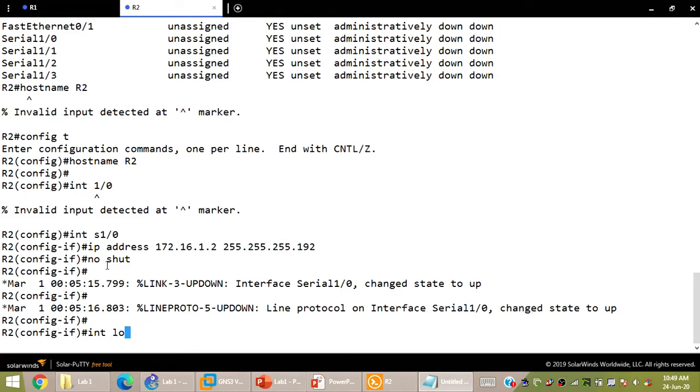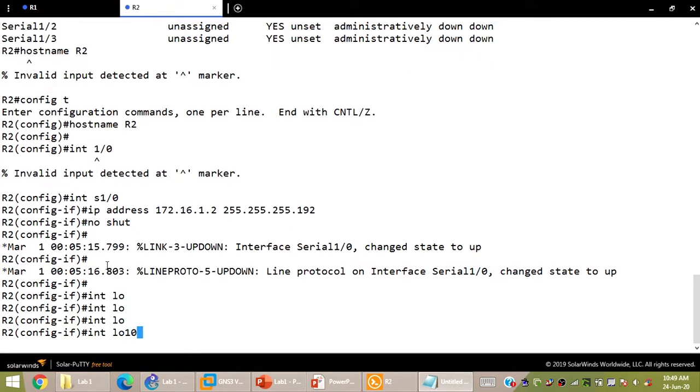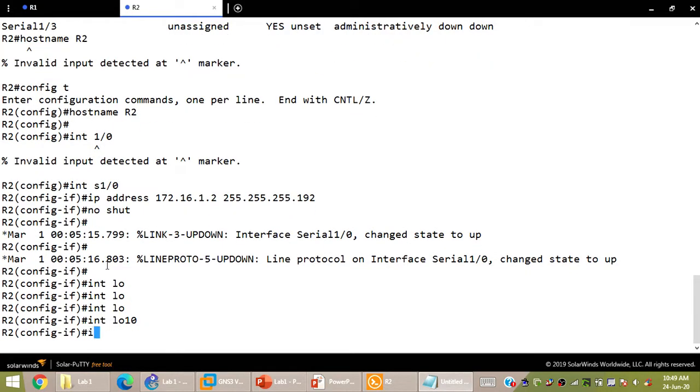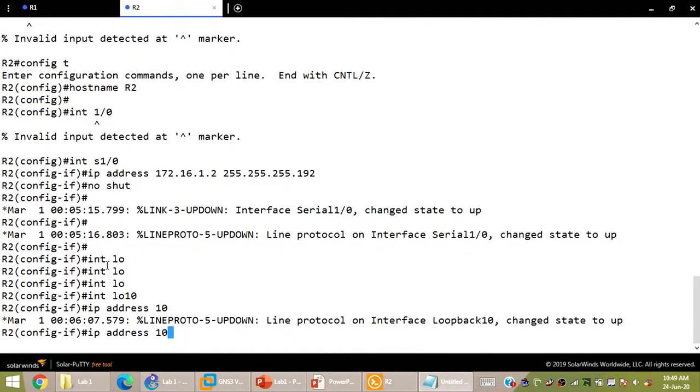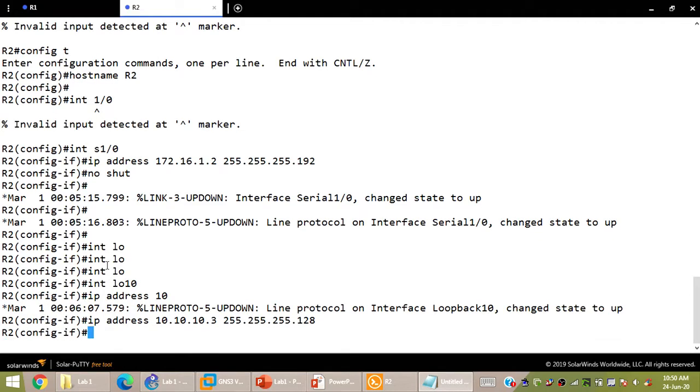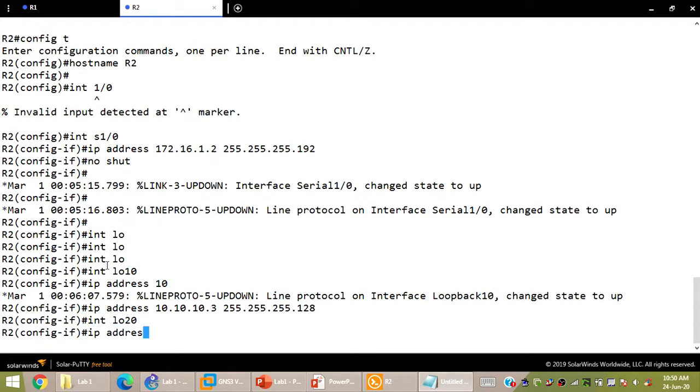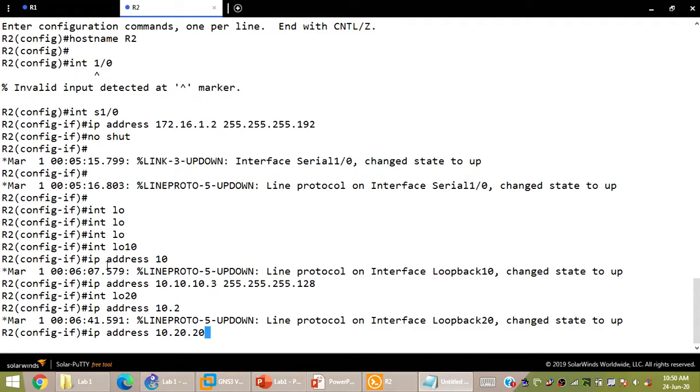Fine. Also, I'm going to type interface loopback 10. So the IP address is 10.10.10.3 with subnet mask of 255.255.255.128. Okay, so for interface loopback 20, I'm just going to type IP address 10.20.20.3.